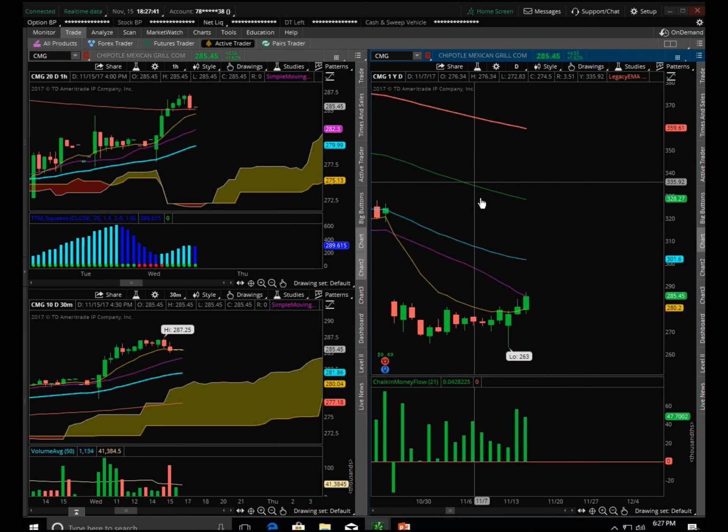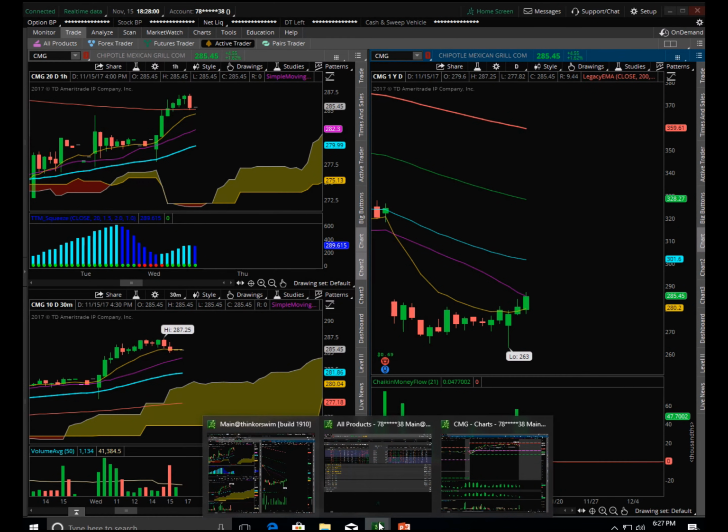On the daily chart, yesterday CMG closed over the 10-day moving average. That's a strong signal as well. Along with that, today the stock opened up right on the 10-day moving average, which is another form of support. So you had the 200-day as support on the 5-minute chart,